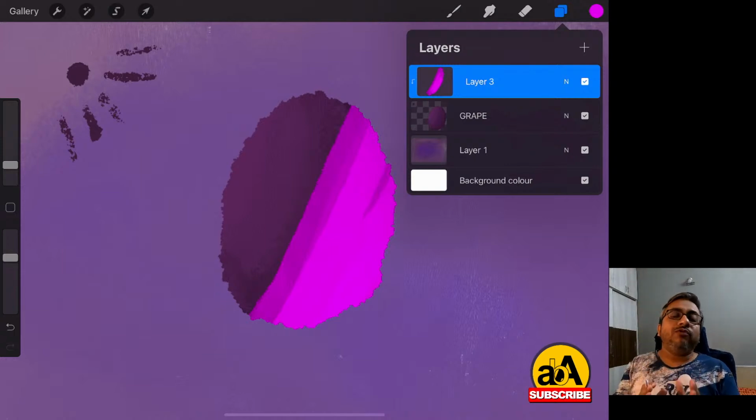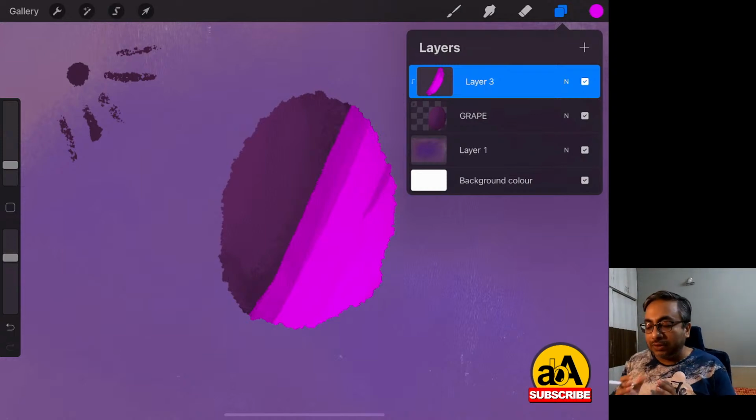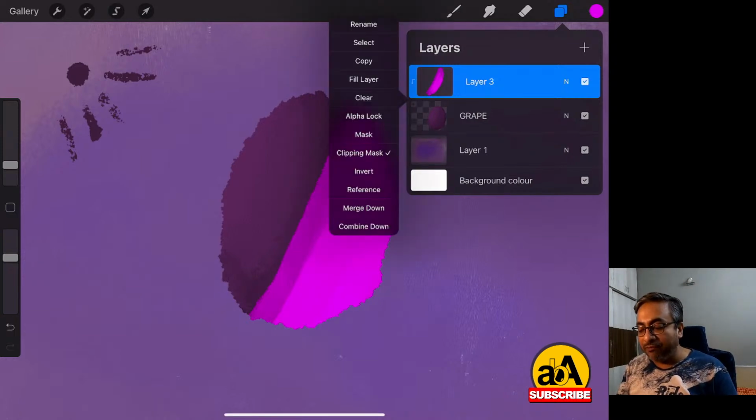Now one of the most confusing areas of these two things, when I was learning Procreate, I got confused between what is the difference between alpha lock and clipping mask, because they do the same work, right? In clipping mask also it is within the boundary, in alpha lock also it got within the boundary. There is one difference. Clipping mask, since it's in a different layer, at any point of time we can get